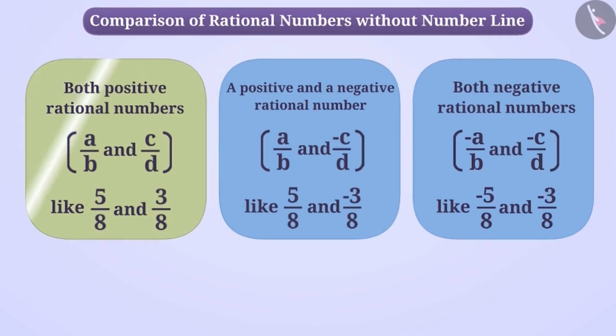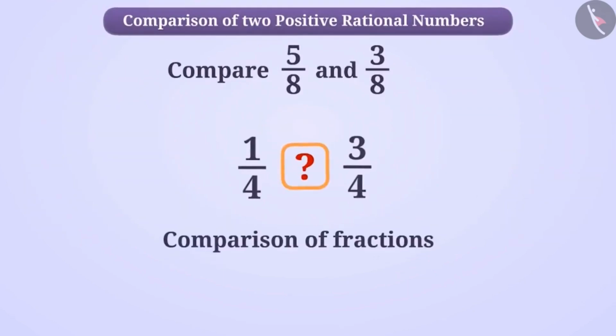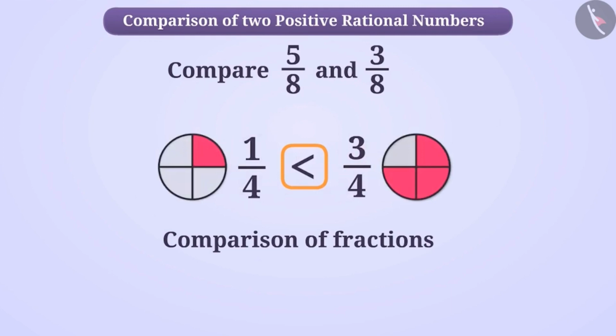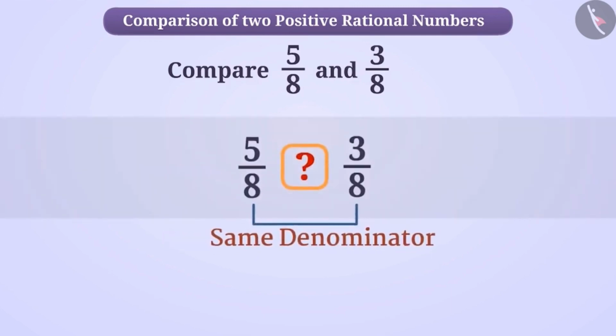First, we will see the comparison of two positive rational numbers. Do you remember how we compare fractions? Pause the video and think about it. For your information, the comparison of two positive rational numbers is done in the same way as the comparison of two fractions. That means, if the denominator of two rational numbers is the same, then the rational number having the